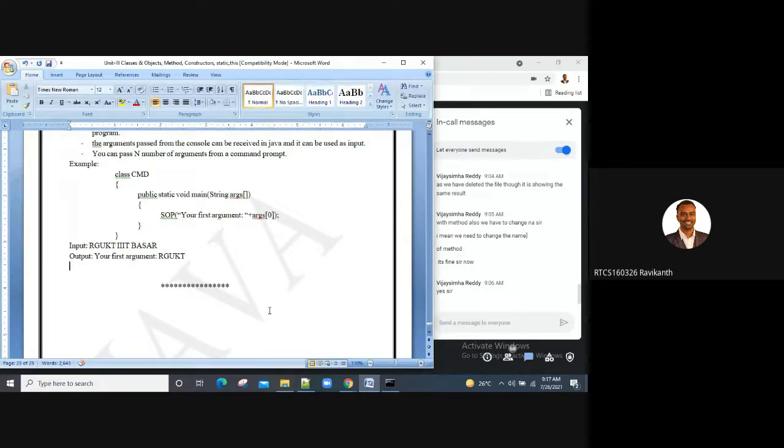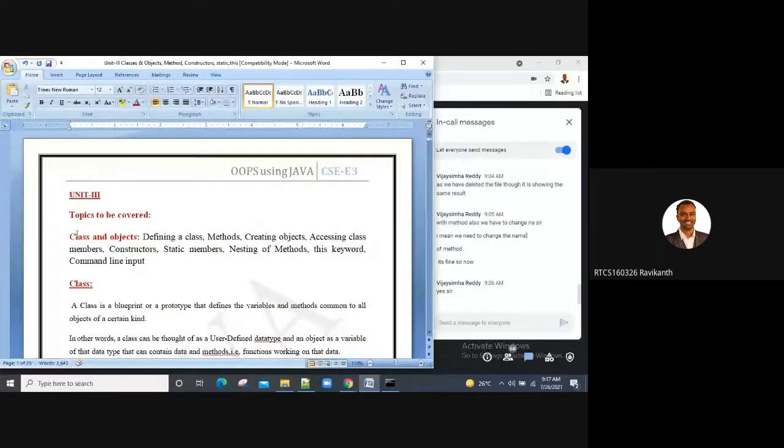Okay, guys. So once again, over the last week and this week, what concepts have we covered? I want you guys to be perfect because this week you will have an exclusive quiz on classes and objects. We have done defining a class, defining a method, creating objects, accessing class members, data members or variables and methods.